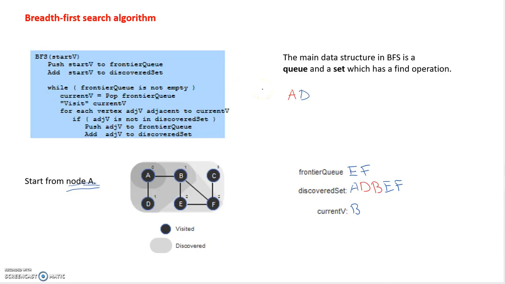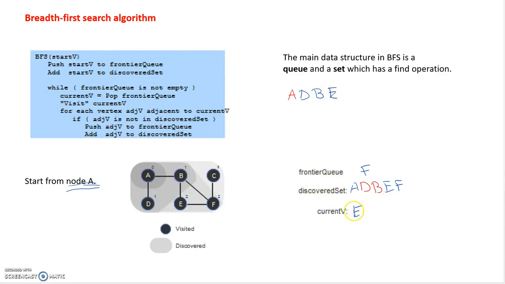When the current vertex was B, I think I forgot to visit it as well. Let me just visit that vertex B as well. Now we go back to the top of the loop, the while loop, pop an element from the frontier queue, and that would be E. We'll pop it, we'll place it in the current V, visit it,